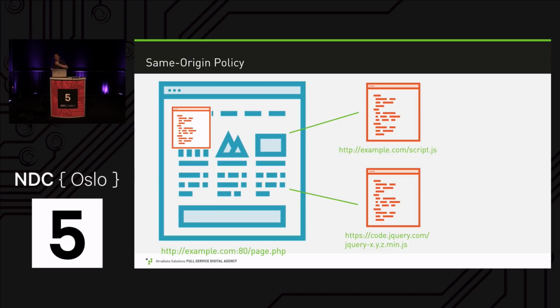I was using jQuery here as an example, but this could be any JavaScript library. JavaScript code that's inline, JavaScript code that's loaded from your own server, and JavaScript code that's loaded from another server, they all run in the same security context. The security context of the JavaScript code has nothing to do with where the code comes from. It only has to do with where the JavaScript code is loaded.